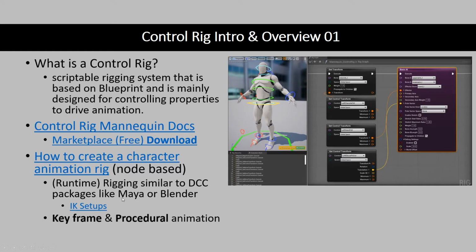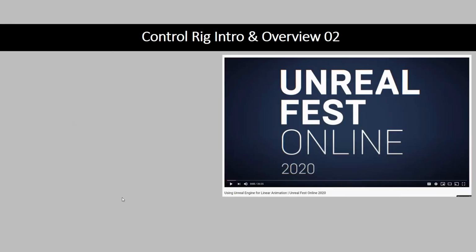What's really great about the control rig is it allows for keyframe animation inside of Unreal as well as procedural animation, and it's also Python scriptable. So especially if you're coming from something like Maya, there's the Python tie-in. Since this is such a deep topic and it connects to a lot of skills like rigging that are coming from outside of Unreal, I put in several links to a couple hours worth of additional tutorials that could really help if you're translating skills.